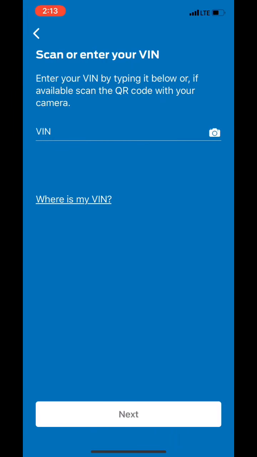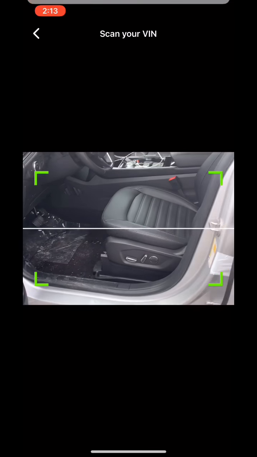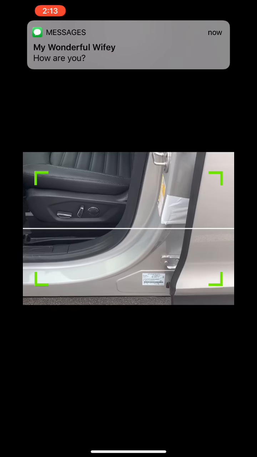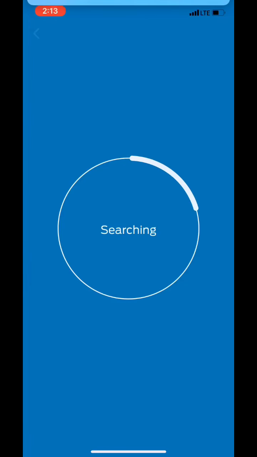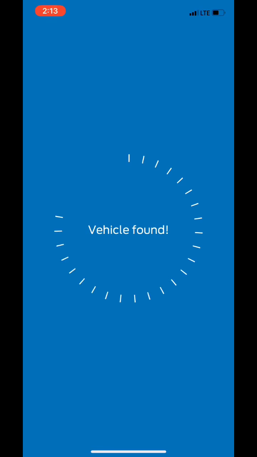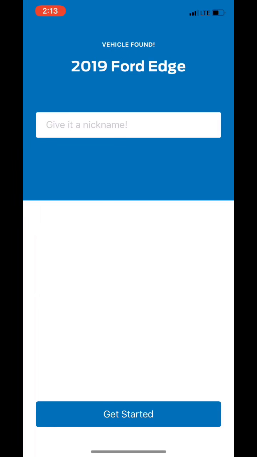When you do that, you hit the Add Vehicle, it pulls up a screen. You can either type in the VIN number, which most of us really don't like doing because they're really small letters, or you can hit that little camera icon. You tap that little white camera, it'll pull up your camera. And when you do that, you can actually scan the VIN. You can see here I'm on the inside of the door. And you come down here and just simply scan that VIN number and it'll lock it in, search for the vehicle, and actually be able to identify which vehicle it is,